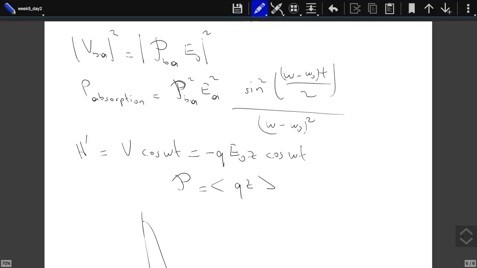The other ones, well, actually what's happening is the atom is getting excited and de-excited. So if we wait, let's say, 2 hours, of course there is a finite probability that if omega is, let's say, 2 omega 0, there's a probability that it will be absorbed. But in a very short amount of time, it will also be emitted. So at the end of the 2 hours, there won't be any photons of frequency 2 omega 0 that are absorbed. So whatever was absorbed was released also.